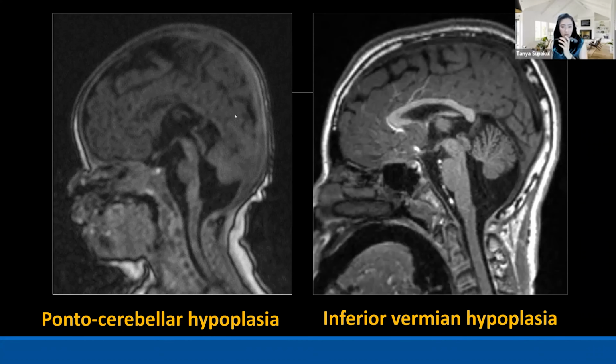This is a comparison of two patients that I just showed, on pontocerebellar hypoplasia and inferior Vermian hypoplasia. On the first patient, you can see there is hypoplasia of the pons when you do the measurement of the height. Midbrain, pons, and medulla are 1:1:1, and there are also components of Vermian hypoplasia. In the second patient, when you do the measurement of the height, midbrain, pons, and medulla are 1, 2, and 1, but it has the same finding of Vermian hypoplasia. So that's why you need to check the size and height of the midbrain, pons, and medulla every time.